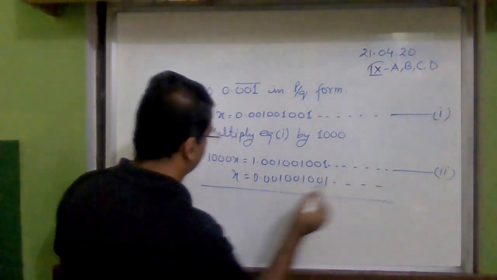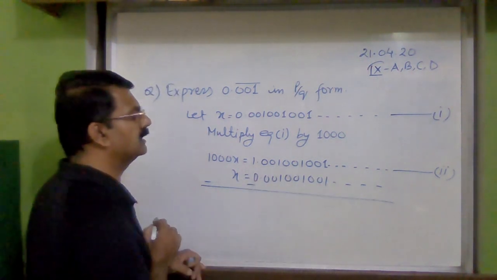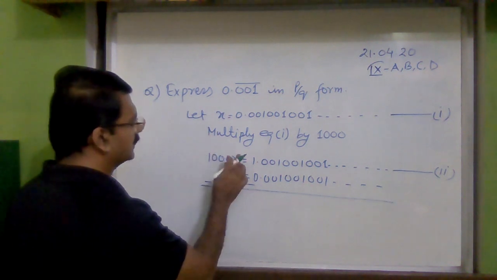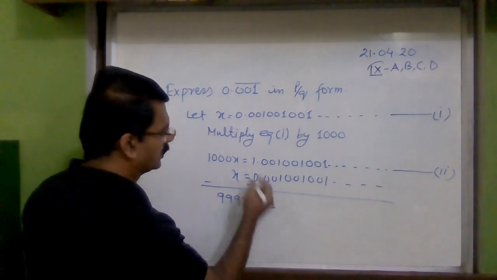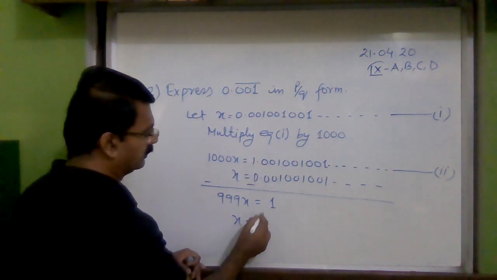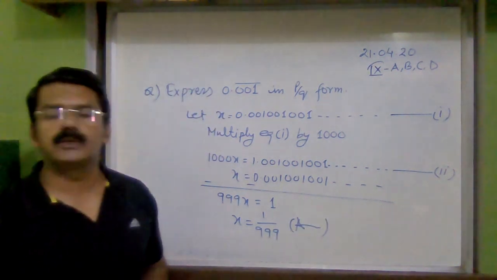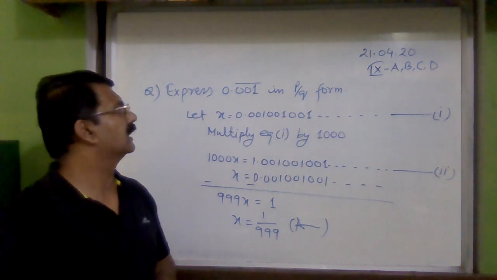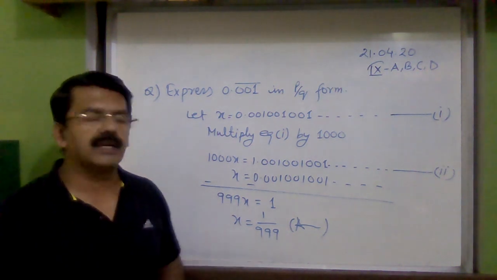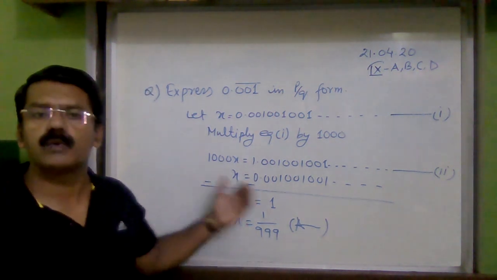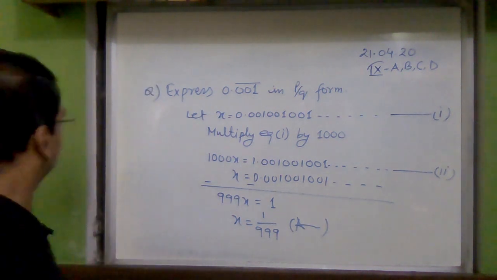Now when you subtract, you can see the decimal part in both the numbers are same, so they will be subtracted. 1000x minus x will be 999x is equal to 1, because 1 minus 0 is 1 only. So x will be equal to 1 upon 999, and that is your answer. So 0.001 with a bar on 3 digits means 3 digits are repeated. When we convert it into P upon Q form, the answer is 1 upon 999. Okay. Now,